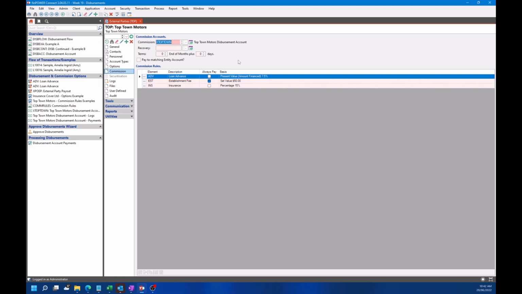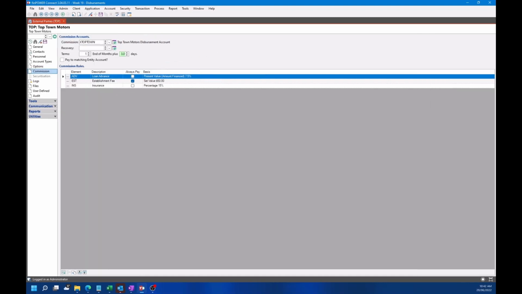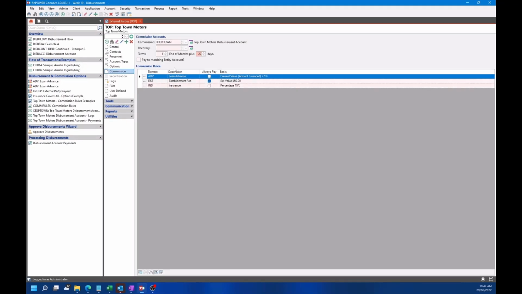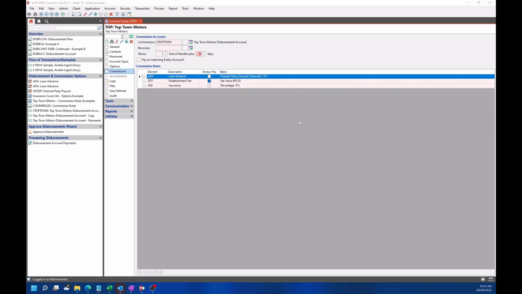In our example here, we don't have, but we can have the 20th of the month set. This date can be overridden if necessary when adding as part of the new account wizard. Looking further at the commission rules,